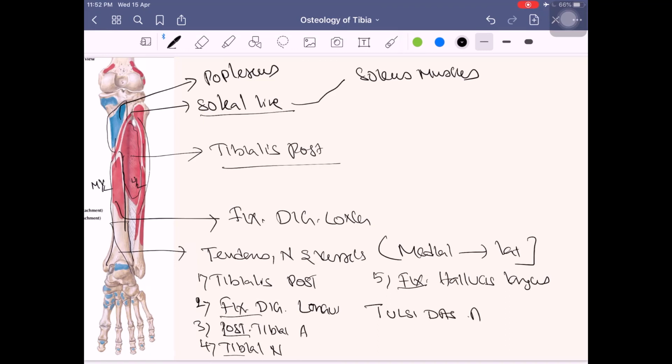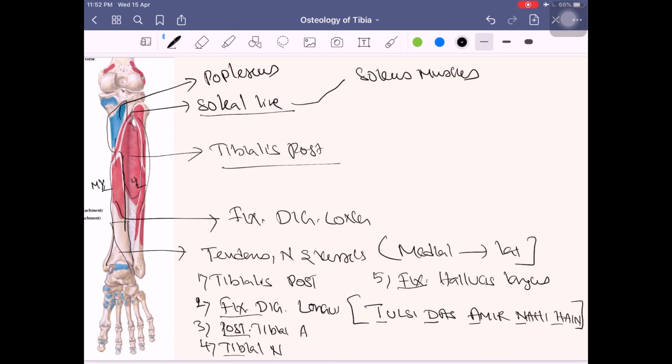He was a poet, Tulsidas, if you can remember from your school days. So T for your tibialis posterior, D for your flexor digitorum longus, A for your artery, posterior tibial artery, N for the nerve, that is your tibial nerve, and H for your hallucis, that is your flexor hallucis longus. Some of you may have a difficulty in remembering some Hindi, so then the other mnemonic could be the